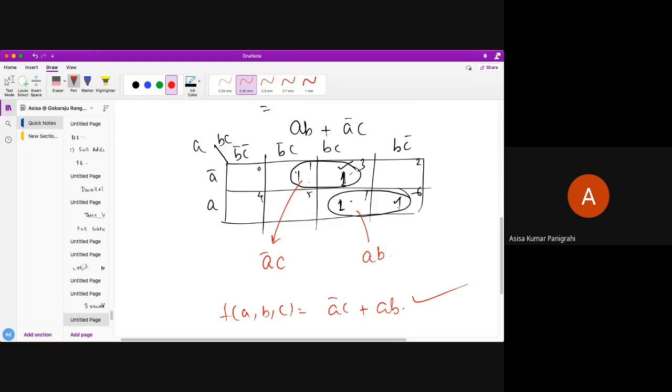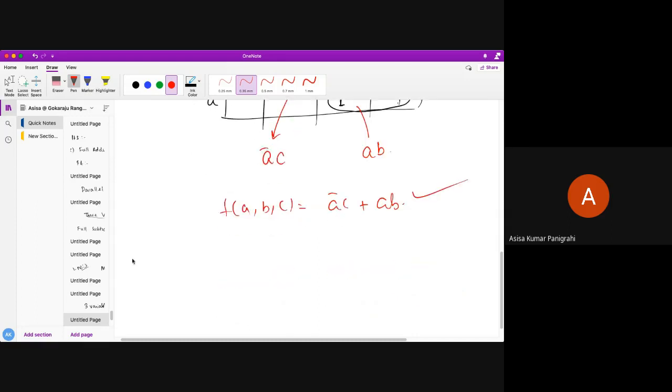What is the combination criteria I have told? A minterm should be combined more than once if it gives a minimum number of literals. But here, after combining this, I am getting one extra literal again. So it's not valid for me to combine those redundant terms again, which already got combined earlier. All of you understand? This is a very important point. Try to remember. What is the point? We should not combine the minterms which are already combined.